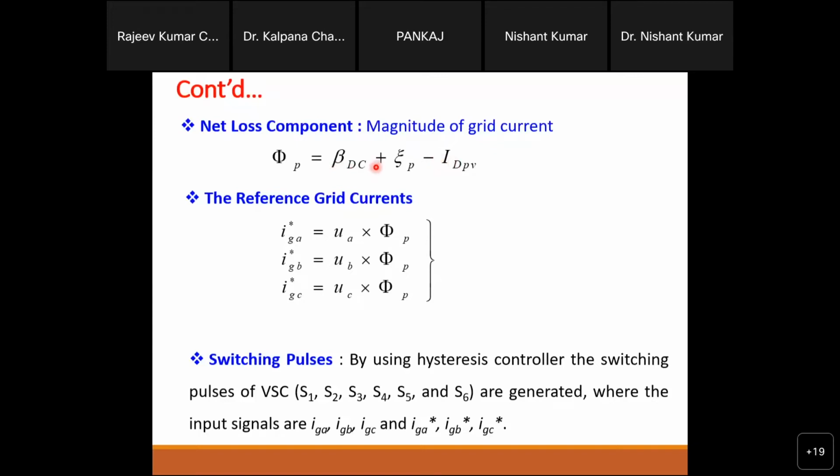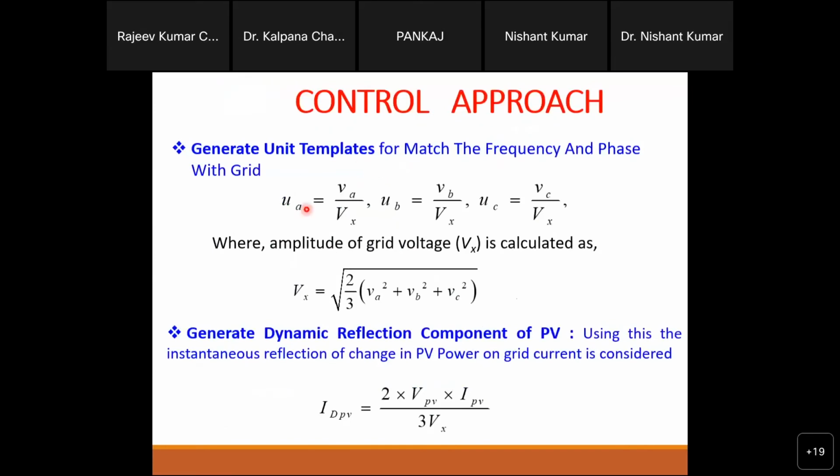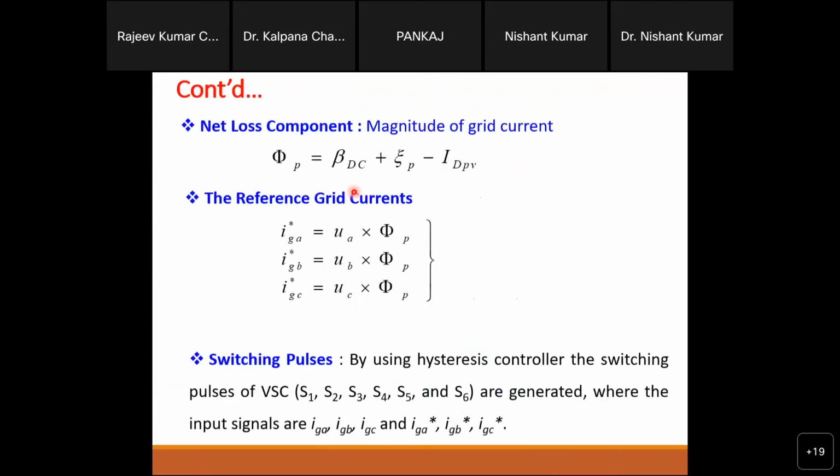And why am I comparing with the voltage? Because here this is my synchronization term, the unit template. Means by using this unit template, which is based on the voltage, by using the voltage reference I'm going to trigger the synchronization term, right? So that's why again and again I'm comparing with the voltage. In terms of voltage, I'm looking at what the reference is and the reference behavior.